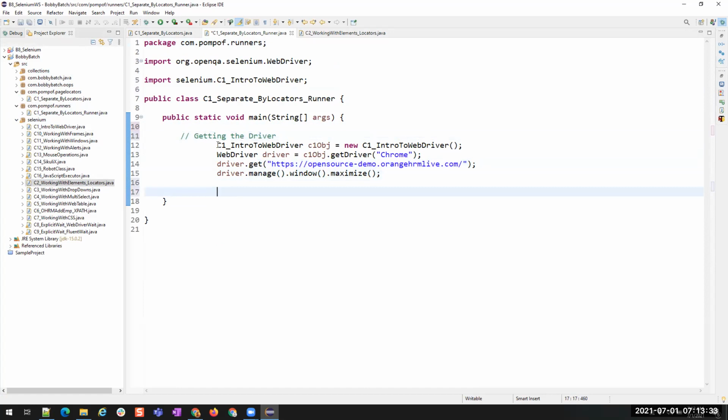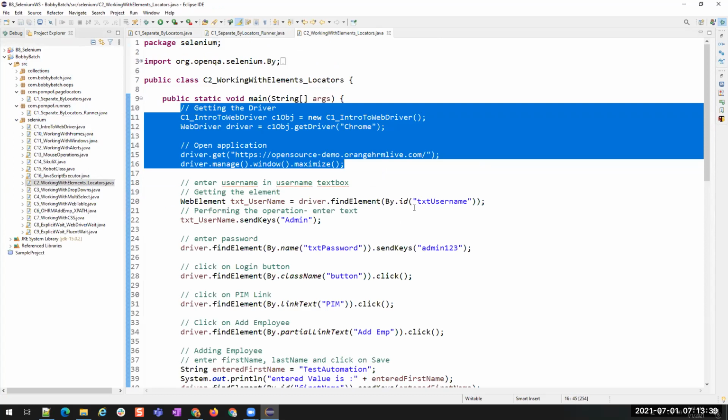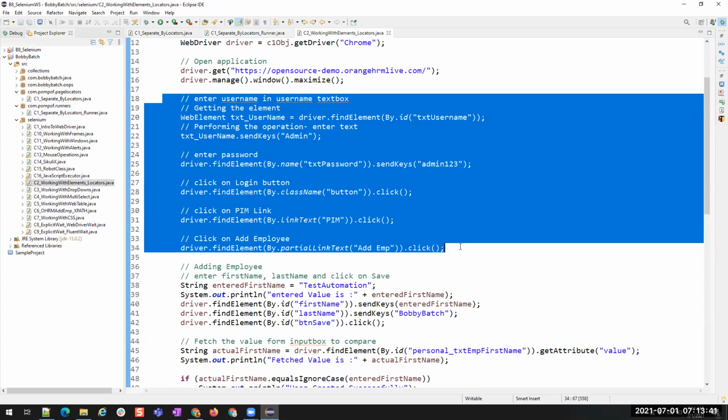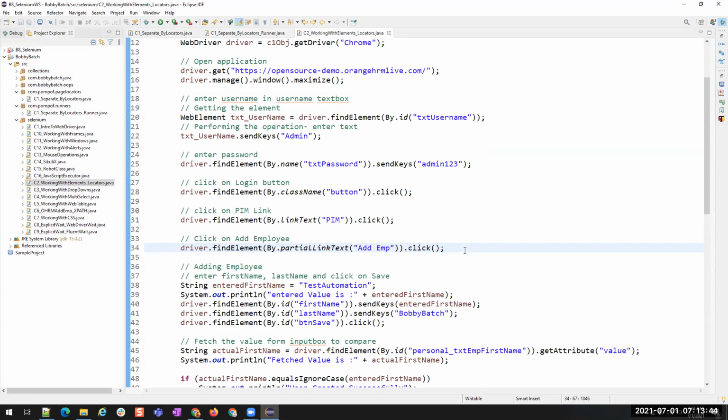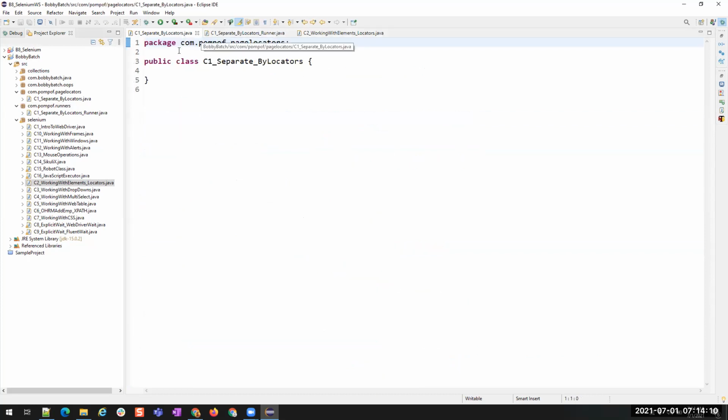But now on the login page or on the elements pages, we have all the elements written inside the class, right? Now I don't want to, as part of step one, I'm not going to do all at once. So going step by step, as part of step one, I want to separate this part. I want to remove this from the script so that it becomes more readable, and it becomes easy for maintenance. Okay. So this part I am going to add in locators, separate by locators class.